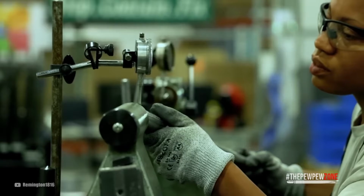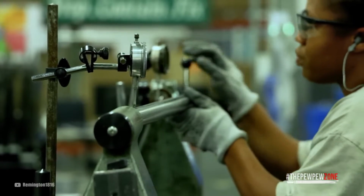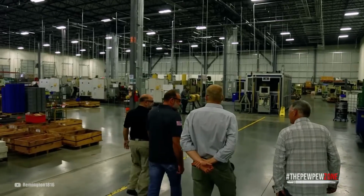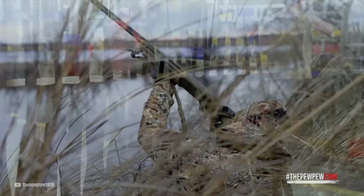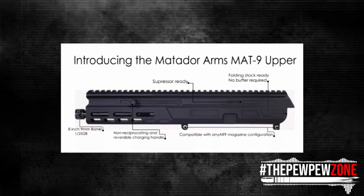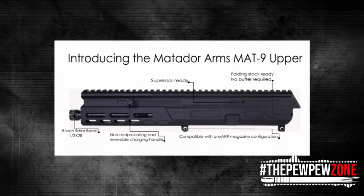Their company spans multiple states and coasts, and their staff members work together to push the boundaries of possibilities as they develop product after product, all of which are highly ergonomic and forward-thinking. So, what's this Mat 9 upper? Technically, it shouldn't be on this list because it's not even a gun, but you can build a fun gun